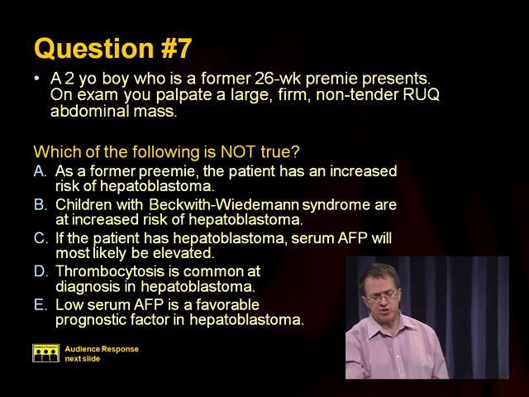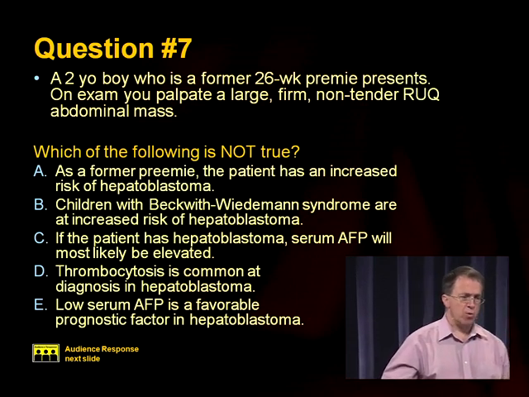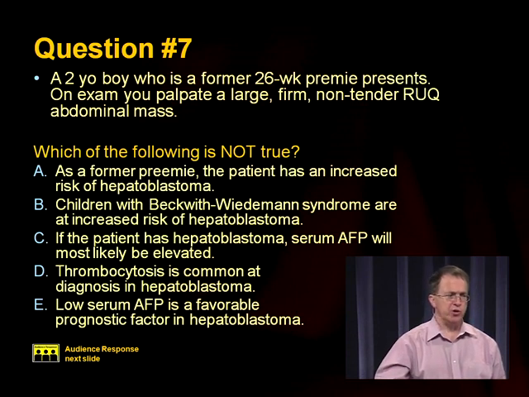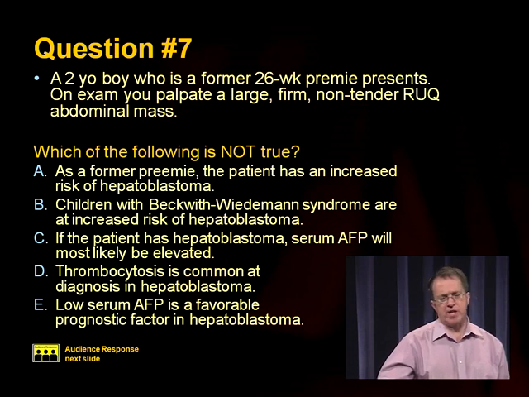In hepatoblastoma, serum AFP will almost always be elevated. We're not talking a little bit. We're talking 10,000, 100,000, 1 million. Now, in newborns, it's a little tricky, because AFP values aren't well established. And so in a newborn, you might have an AFP of 80,000. So in those cases, clinically, it's not the number that matters so much, but